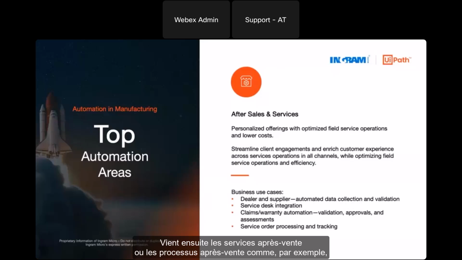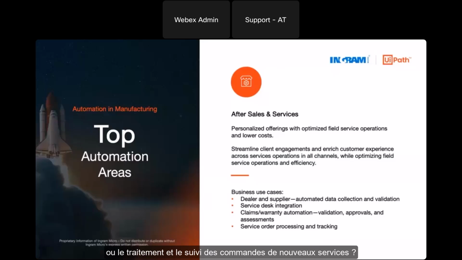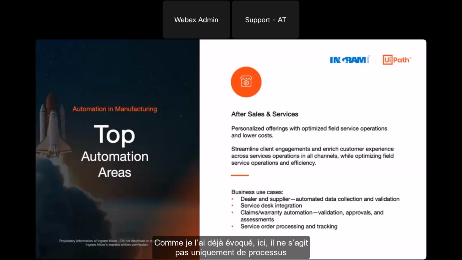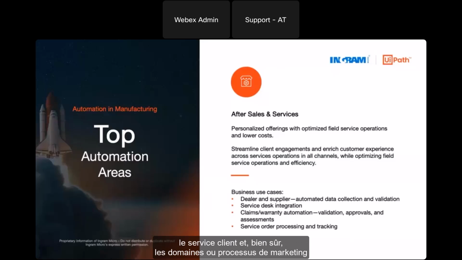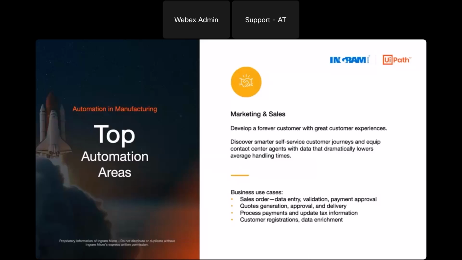And then there comes the after sales and services, right? The post sales services or processes, like, for example, all the tasks and the processes around our service desk or customer care areas. How are we going to follow up for claims and warranties, for example, or new service order processing and tracking? Now, this has to do with processes, not only, as I previously mentioned, for the manufacturing industry, but in many industries, we have this procurement, supply chain, customer care, and of course, marketing areas or marketing process that